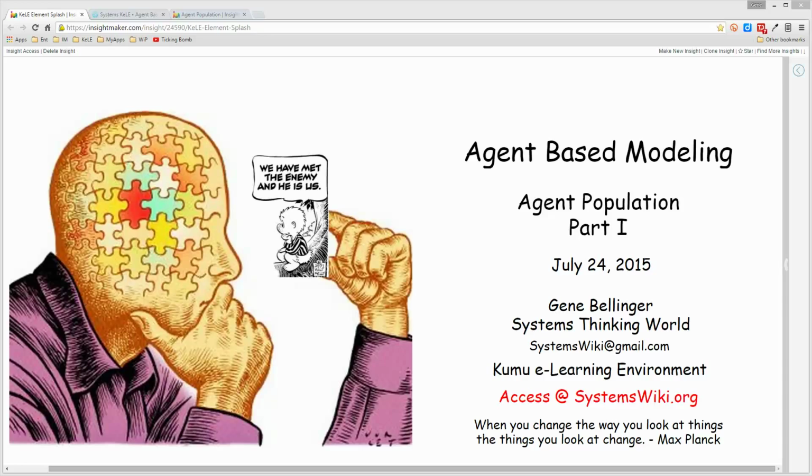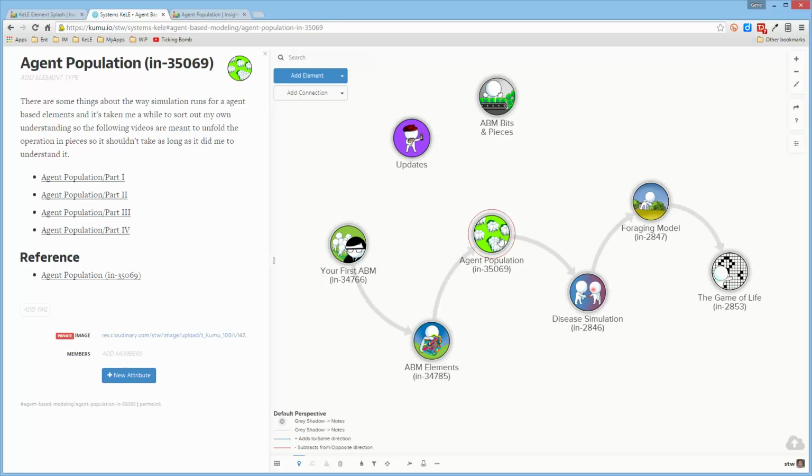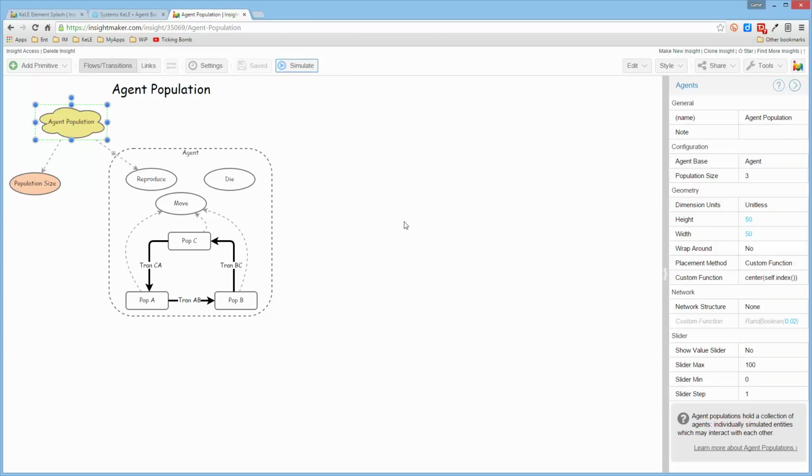It's been a while since I published the videos for the last element of the agent-based modeling module. As it turned out, as you'll see shortly, there were far more things that I needed to learn than I realized. So it's taken a while to sort of get my head around certain aspects of this whole agent-based modeling stuff. So in this particular element of the module, I'm going to talk about this deceptively simple agent-based model, which